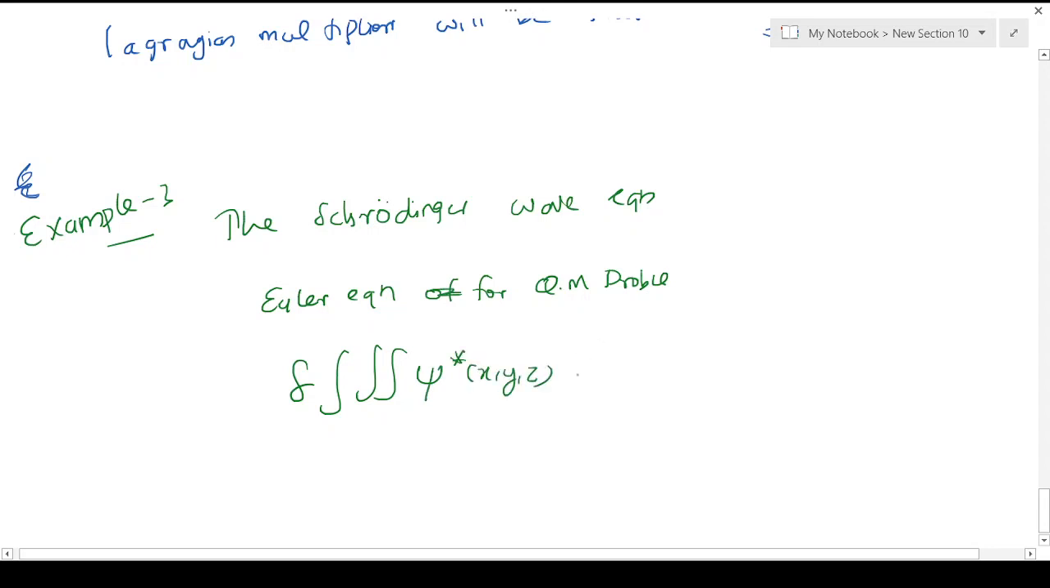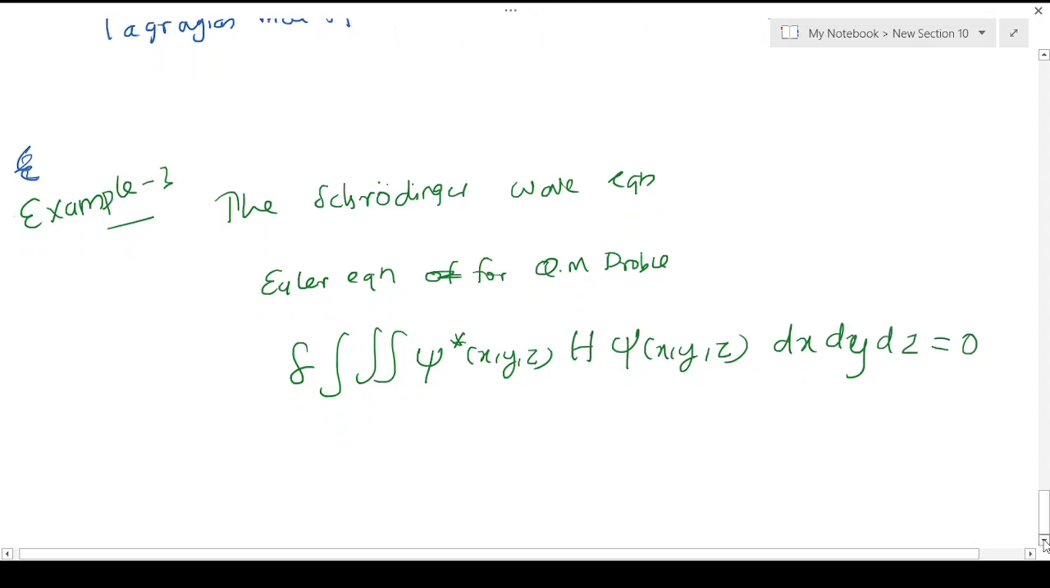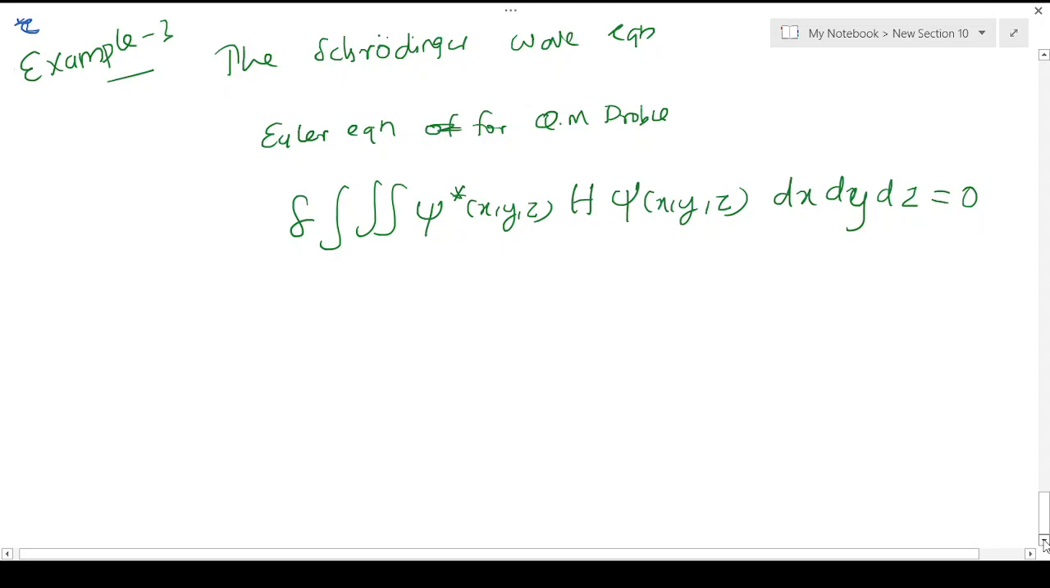On a Hamiltonian we will be evaluating with respect to psi(x, y, z): psi star(x, y, z) H psi(x, y, z). Now we have to evaluate over the volume dx dy dz, and that is equal to 0. So this is how our Hamilton's principle will look for a wave function. Now, with the normalization constraint,